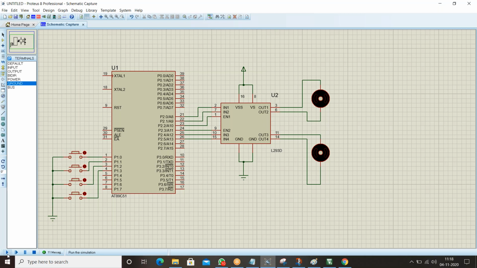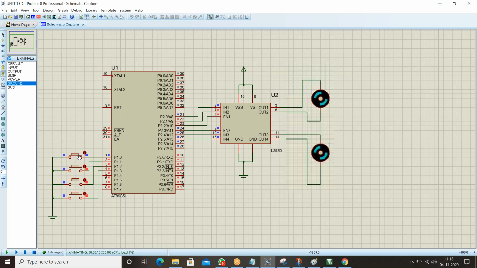Let me run this because you'll get a clear idea. Guys, if you observe here, all these are in high state. It means that all are 1. If I click, it means 0. If I press the button, logic 0 is applied. Only when logic 0 comes, I want to make this case 1 implemented.